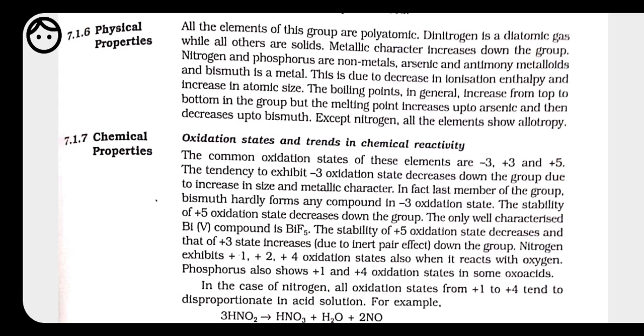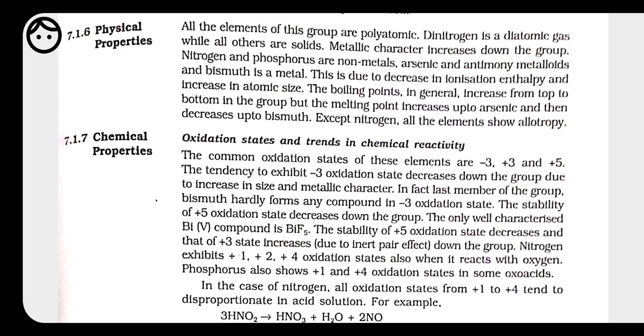Now after that we have done atomic radii and ionization enthalpy. Then we have to do the oxidation state. What do we mean by oxidation state? We know that all the elements of this group have 5 electrons in their valence shell. So these elements require 3 more electrons to attain noble gas configuration. They can gain 3 electrons, and for gaining 3 electrons a large amount of energy is needed. Still it takes place, only with nitrogen, because the size of nitrogen is very small, and nitrogen is the most electronegative element of its group.